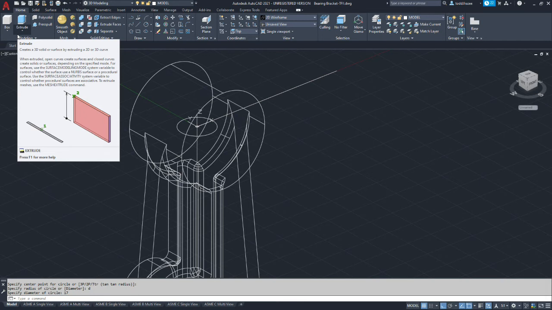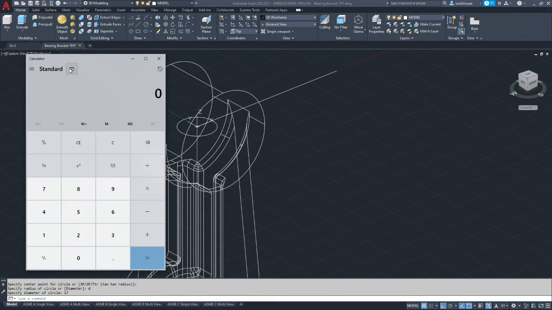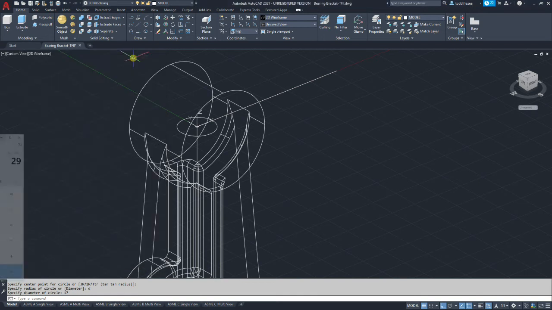So if we subtract 133 from 162, I'll go ahead and do it on the calculator so you can see it on the screen. So if we take the overall height of 162 minus 133, we have 29 millimeters between the point where we're drawing this boss and the top of it. So we need to extrude it 29 millimeters.